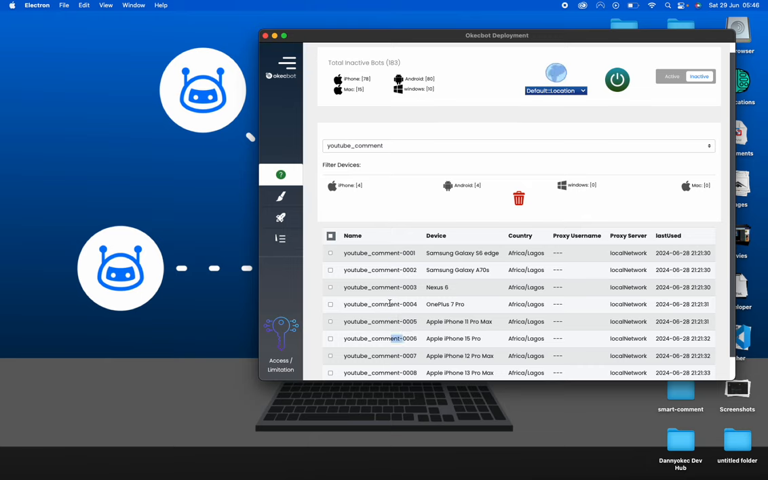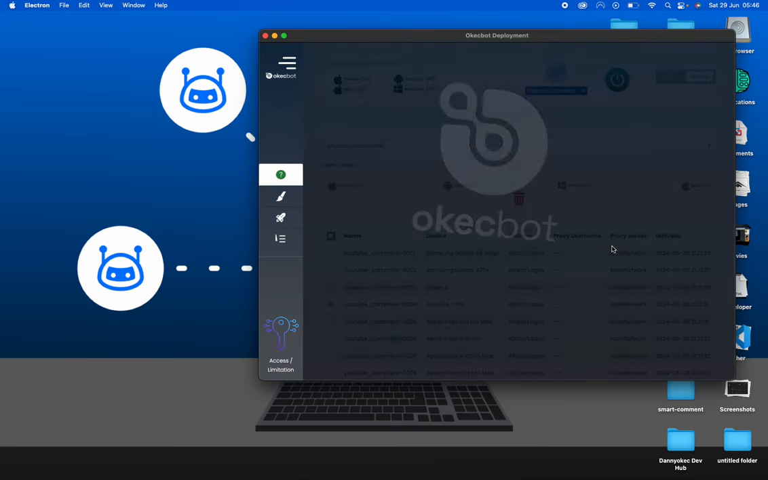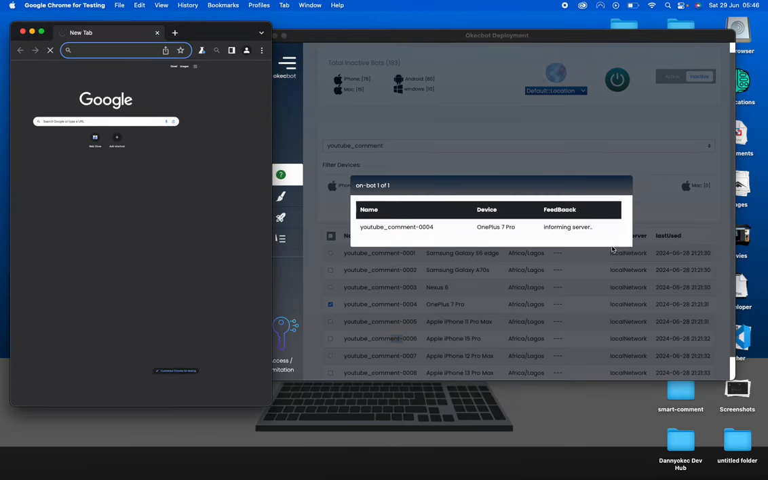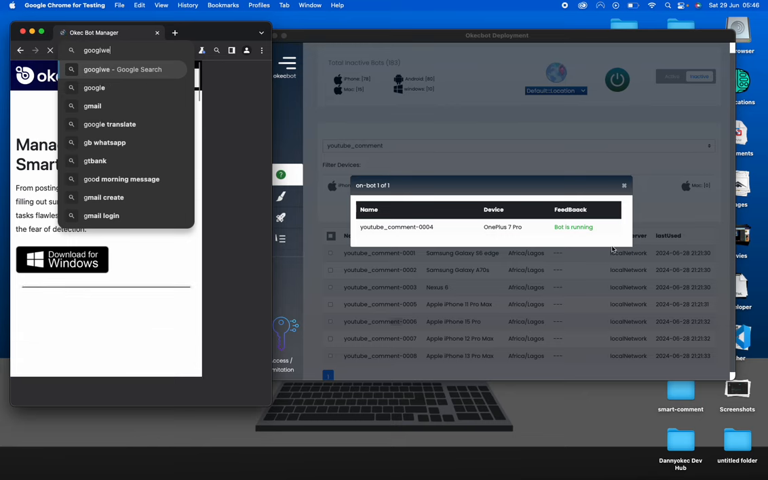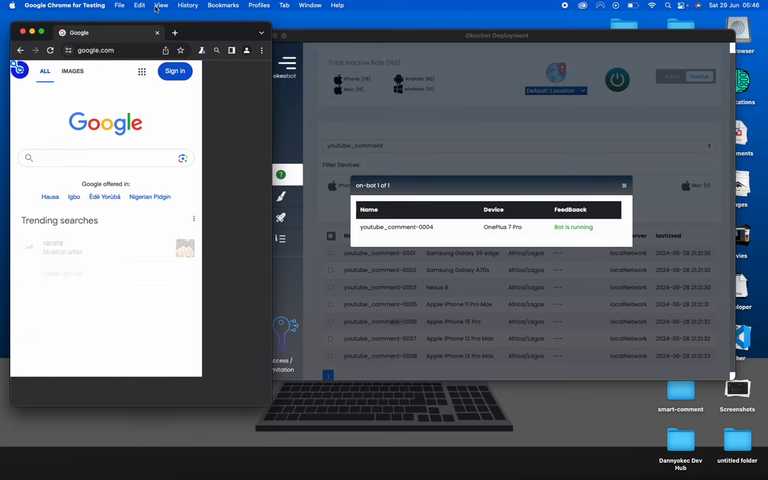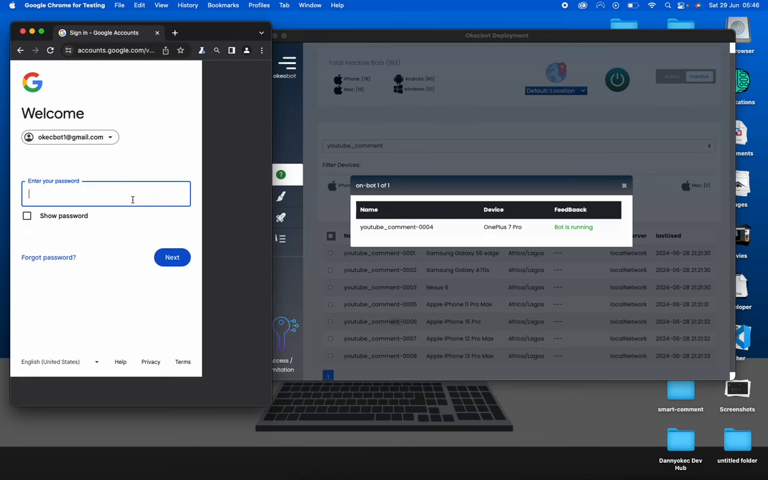So let's start from OkecBot 1. I'm going to turn on the bot 004, and I'll log into OkecBot 1 on it just like I did before. So head over to google.com, click on sign in, put in the email okecbot1@gmail.com, put in the password,